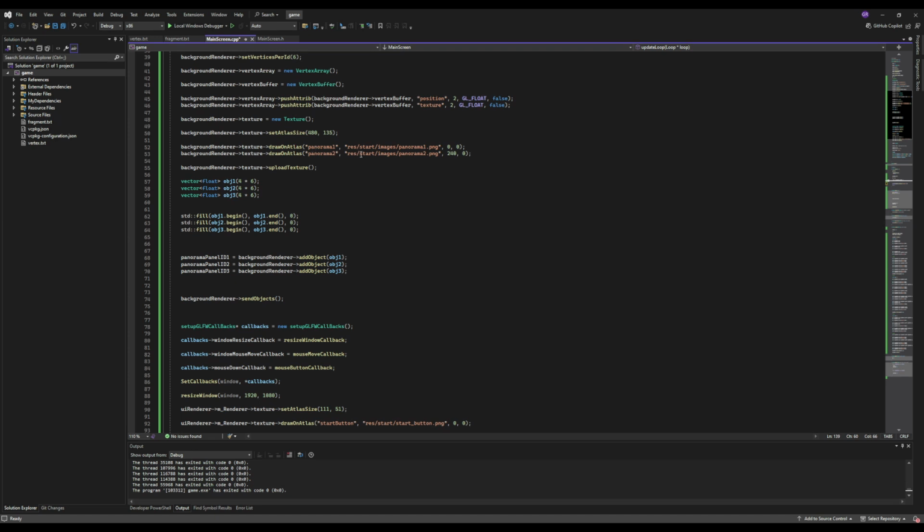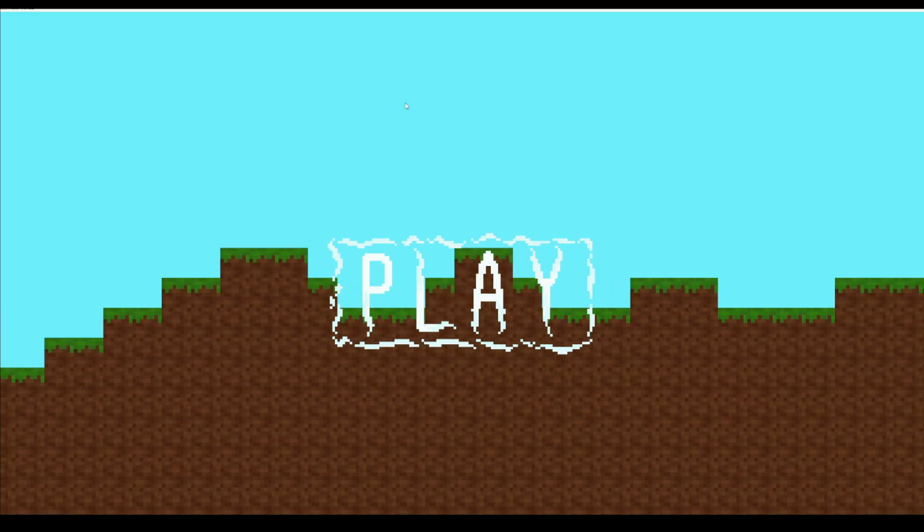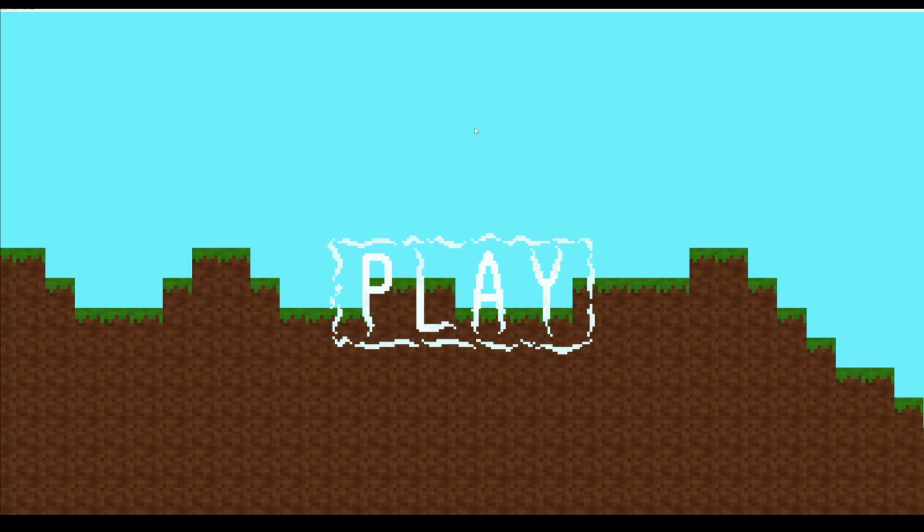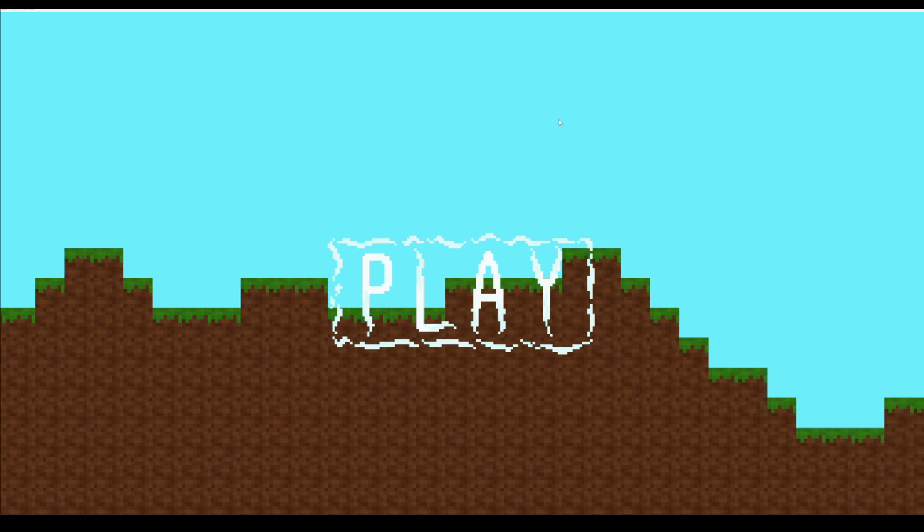This works if we only have two panorama images, and the first and third one are the same. So it appears like it seamlessly loops. And if we test it, it looks like this, which I think looks pretty good. There is a slight problem. That being when it loops back to the start, you could see where the image ended and how it looped